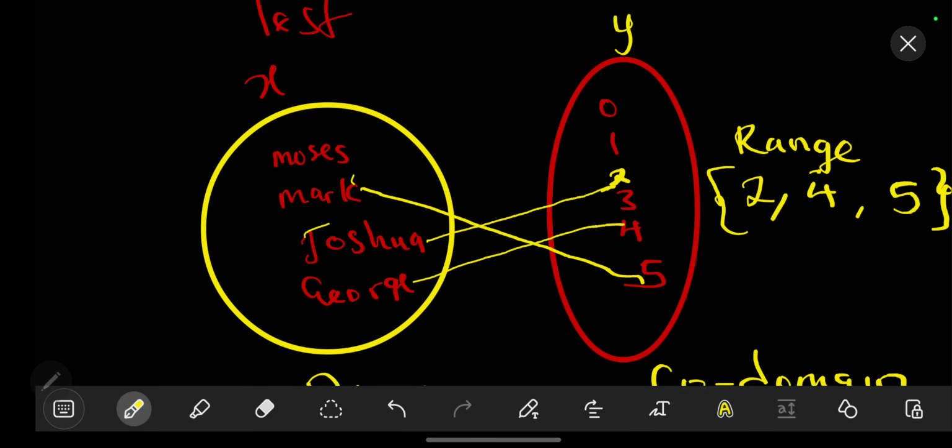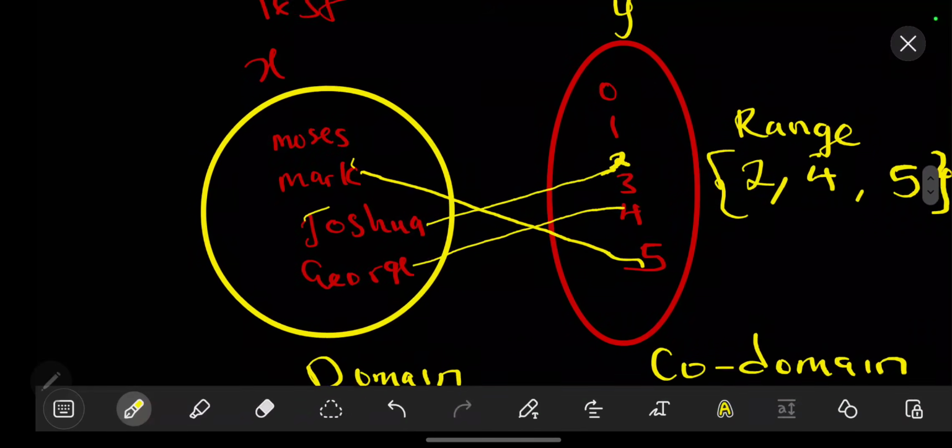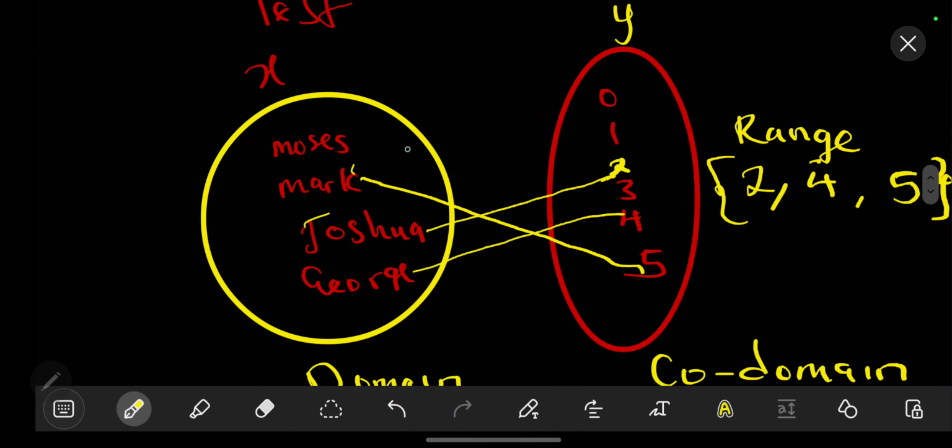Like that would happen. So yeah, this one we are going to say it is not a function, because the input for Moses has no output like that. In the same line,